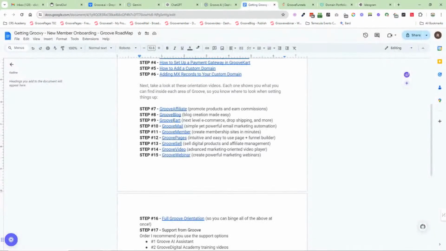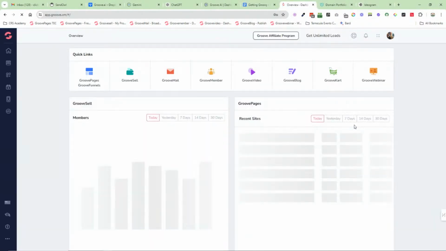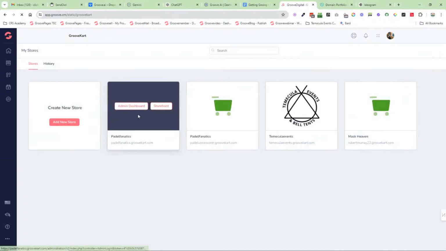Let's now look at Groove Cart. As I said, it's probably one of the apps I'm the least familiar with. I've spent the least time in here. But the first time you come here, you click create new site, and then you're going to name it. It's going to take about 10-15 minutes. Reason being is it's going to build out the store, the pages. It's got everything that's kind of ready to go inside of here. So give it 5 minutes, 10 minutes, and it will build itself out.